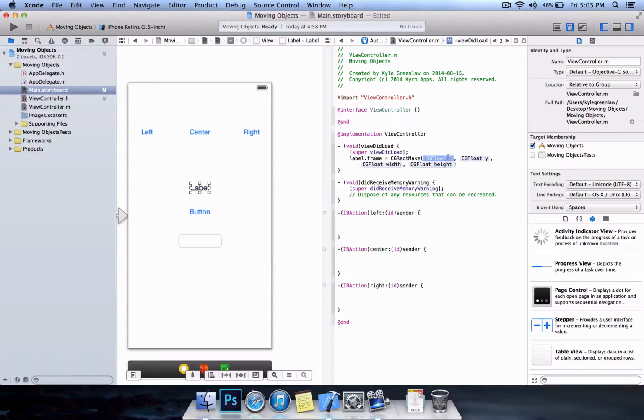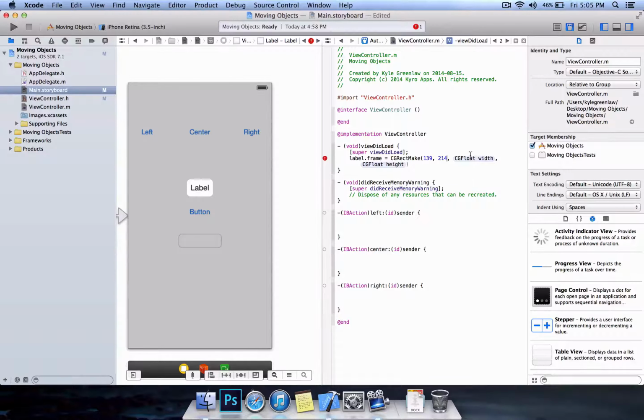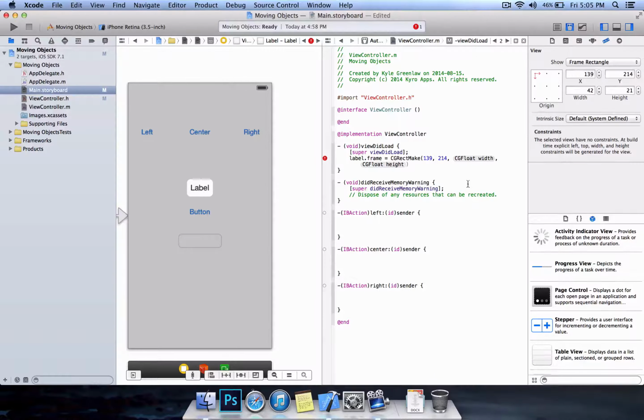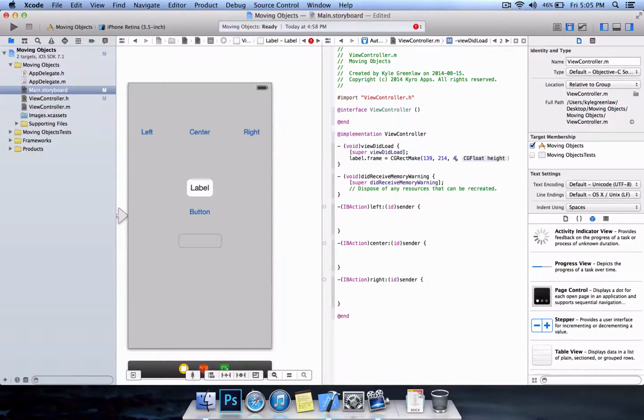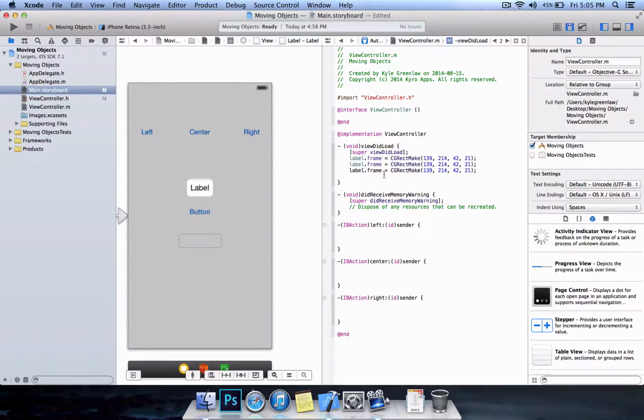And now for our X value, we just want to set it to this, and I do believe it was 214. Yep, 214. And our width and our height are 42 and 21. This may be different for you, but in my case it is 42 and 21. And of course at the end add our semicolon. Now that we have our, let's just call it the basis code here, we'll just copy and paste that 3 times because we're going to be moving 3 objects. And we're going to change this to button, change this one to text field,